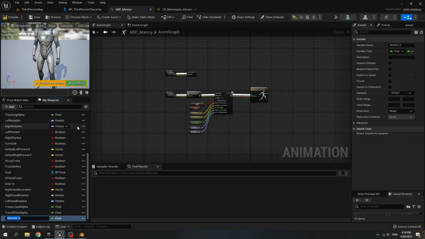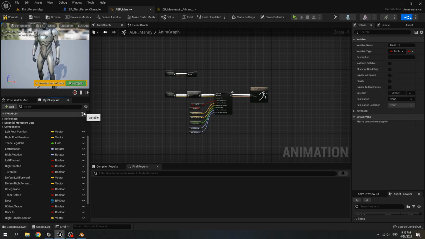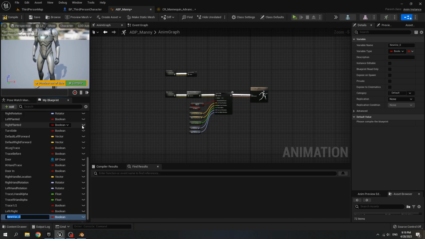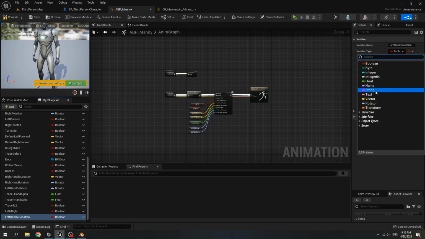Add variable, name is trace 1 or 2. Variable type is Boolean. Add variable, name is left or right. Add variable, name is left handle location, and variable type is vector.